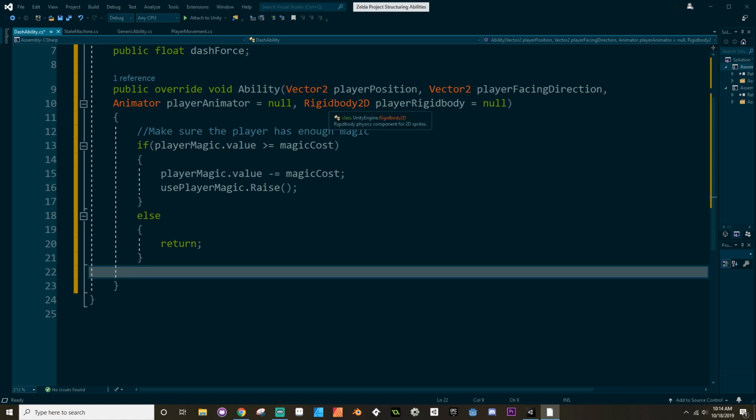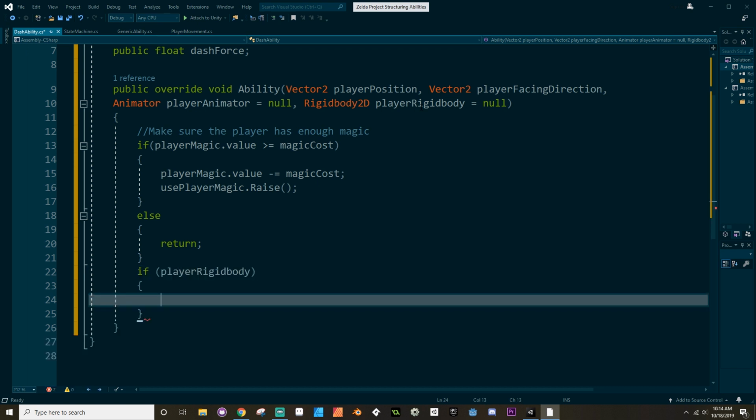Now the next thing is I want to check to make sure that we have a rigid body, because the default version of this void doesn't necessarily need a rigid body. So I'm going to say if player rigid body, meaning if it exists, then I'm going to create a new vector 3 that I'm going to call dash vector. Dash vector is equal to the player's position plus their facing direction normalized times the dash force. So player rigid body dot transform dot position